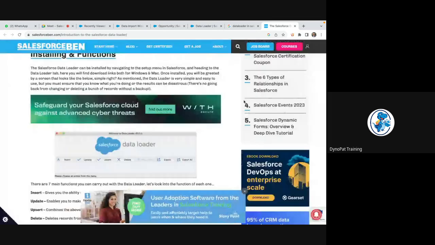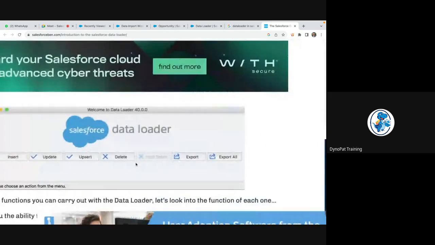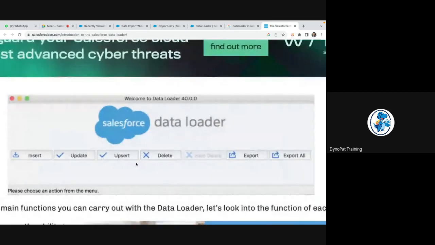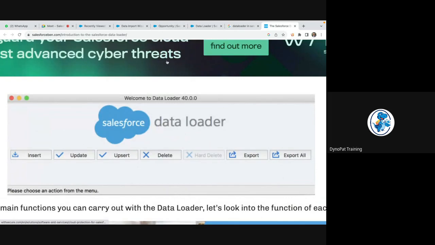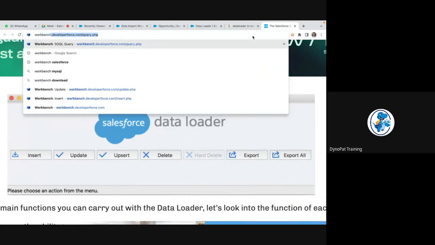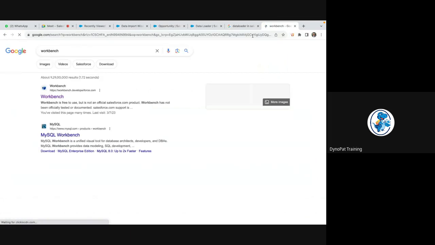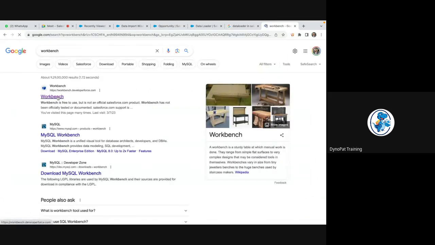So Data Loader almost overcomes all the problems, but the only thing is that downloading and installing it is a challenging thing. That's why we use a tool called Workbench. If you search Workbench in Salesforce, you will get workbench.developerforce.com. Click on this,